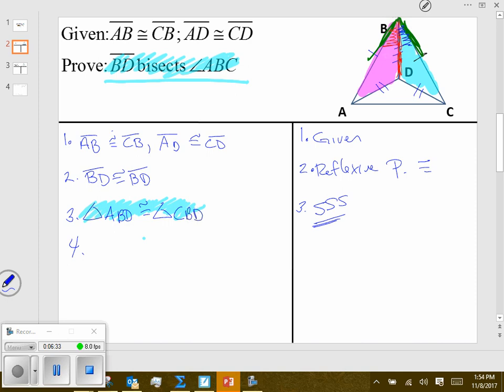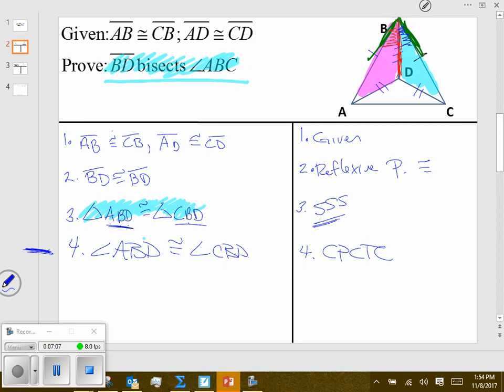Is ABD, A to B to D, in that order, the same order as CBD? If we trace those out, does that give you the same angle? Yeah. Okay, so we can say that angle ABD is congruent to angle CBD by CPCTC. Okay? Now, what might be problematic for some people in this step right here is developing that, because it's really nice to be able to say,